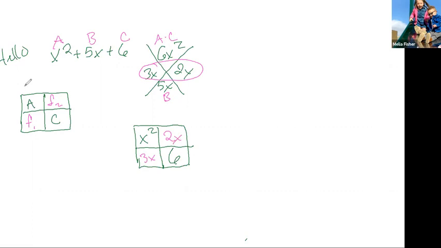Then we get to just pull out the GCF from each column and row. So this way, the greatest common factor is x. This way, the greatest common factor is 3. Going this way, my greatest common factor is x. And going this way, my greatest common factor is 2. Okay, so then we can write that as x plus 2